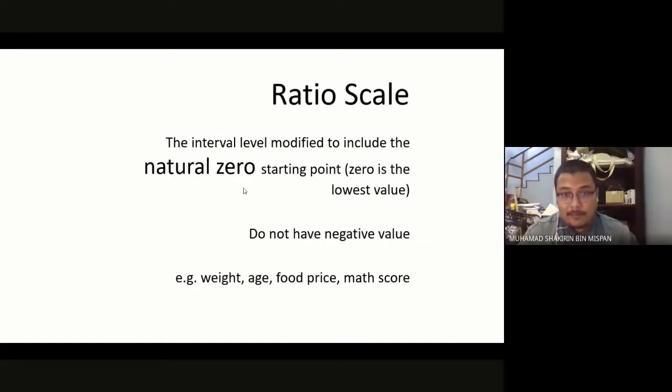What if there is a natural zero? Then it becomes a ratio scale. Like weight and age: 0 years old means you have no age, and 0 kilograms means you have no weight. That's what I mean by natural zero. Of course they can have negative values, but the negative value here is